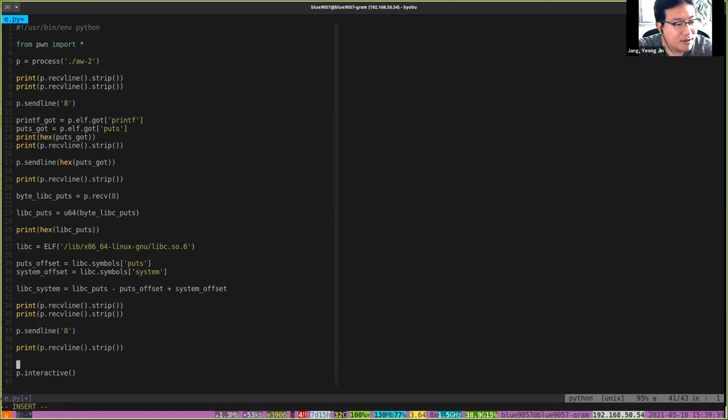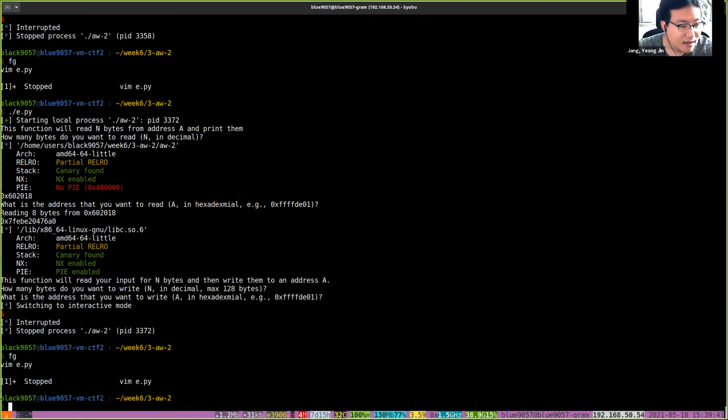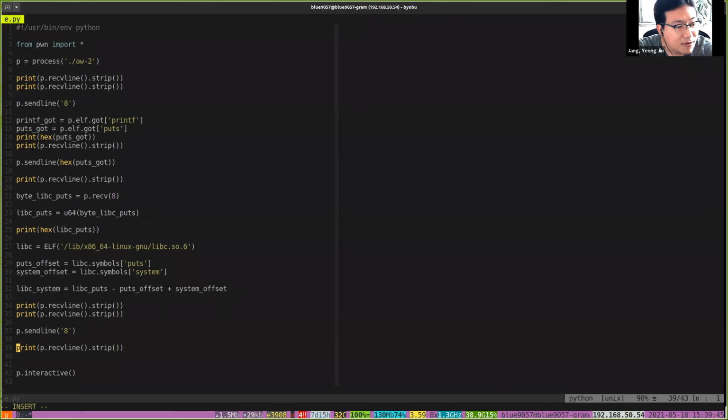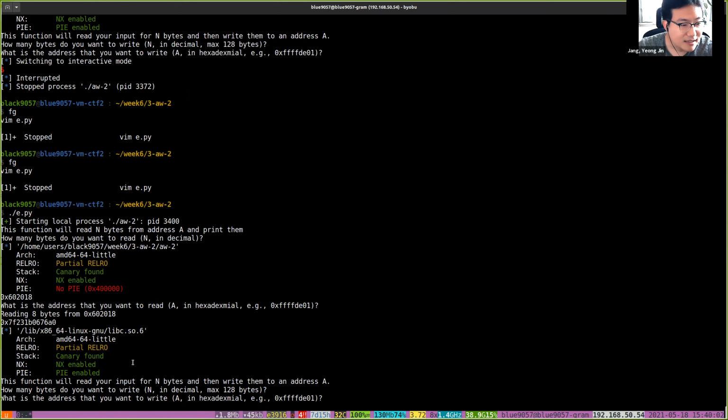And then for that data, it requires binary data. No. So for the address, it requires a hexadecimal format of the address. So we send the printf GOT as a hexadecimal number as text. And then after sending that, we need to send the